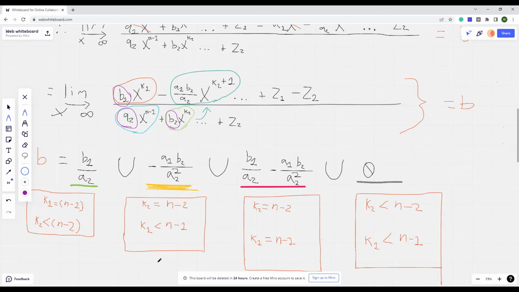And let's say, like in this example, that k sub 1 is less than n minus 1. Well, then you're going to get that term divided by a sub 2 as x approaches infinity. So you're going to get a sub 1 times b sub 2 over a sub 2 squared, minus all that. And I know that's obviously a more complicated one, but